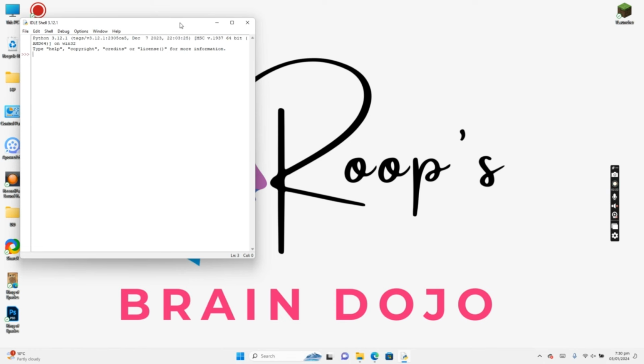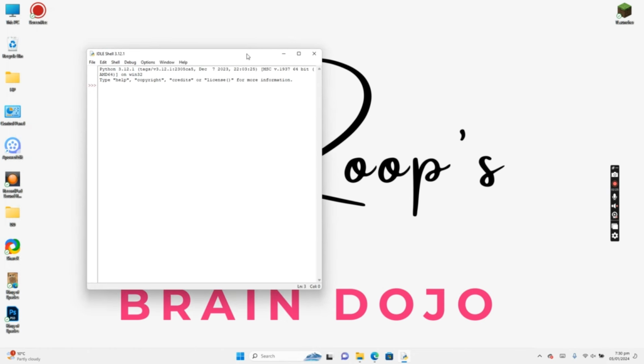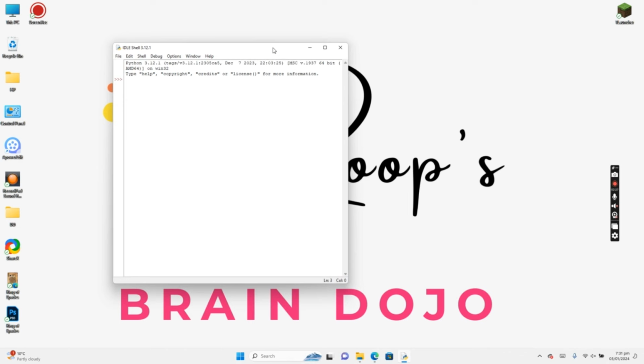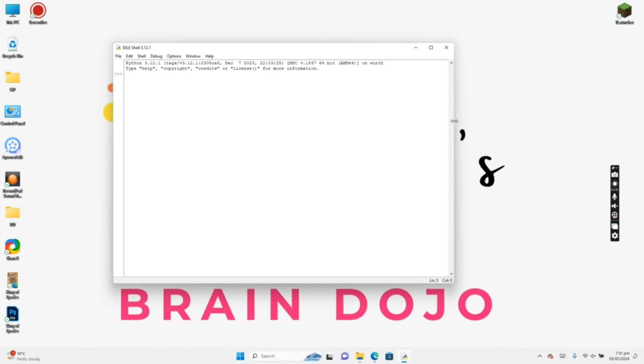At the top, it's going to show you what version of Python you have installed on your machine. If you see further up, there are many options for file, edit, shell, debug, options, window, and help. Again, we're not going to go into the details of all of these menus. We'll actually learn them on the go as we need them. For myself, since this is the default font size for the IDLE shell window, I feel that it is too small a font size for me, and I would be a lot more comfortable